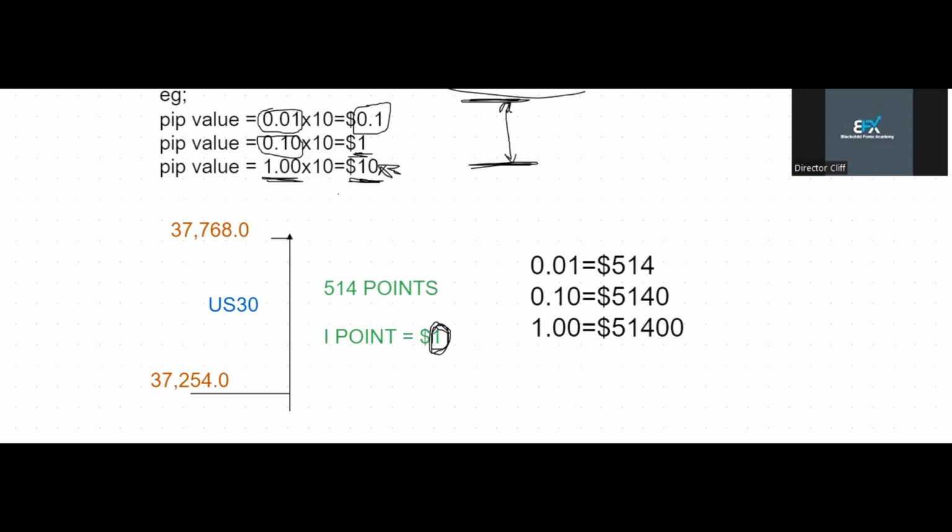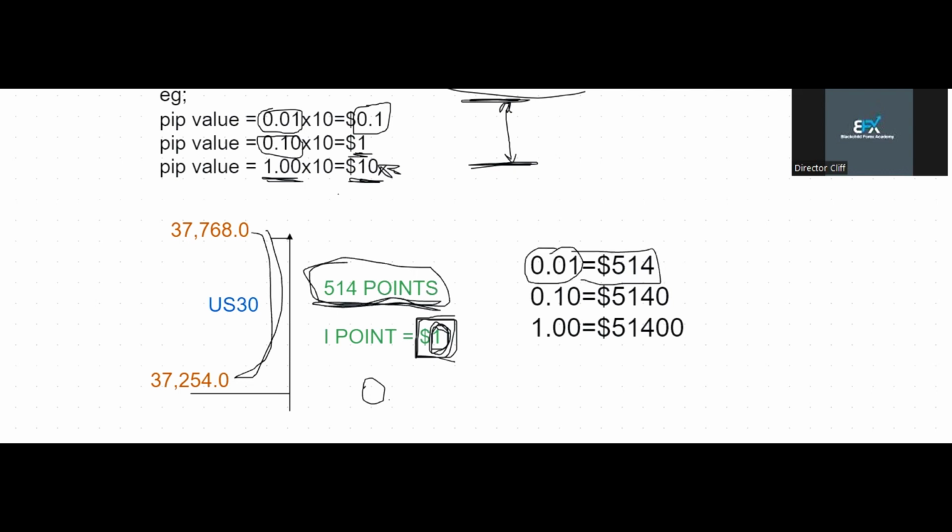If you're using 0.01, every pip that is going to move right there is going to be $1, right? It's going to be $1. So for you to know how much money you're making on this trade, just subtract this, right? And the difference is this. And how much difference you have found, just know that you have actually found how much money you're going to make. So for example, if you're using 0.01, this is how much money you're going to make on this trade,